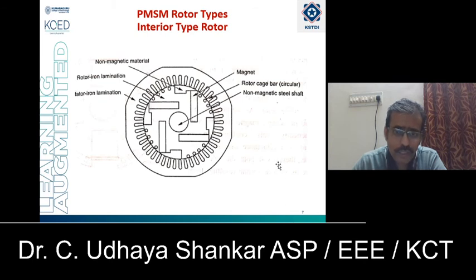And now let us discuss the interior type rotor based PMSM. In this type, the permanent magnets are located in the interior of the rotor as shown in this figure. The pattern of flux is also radial in this case. Interior type rotors are most robust but not easier to construct compared to peripheral type. They are suitable for high speed applications.